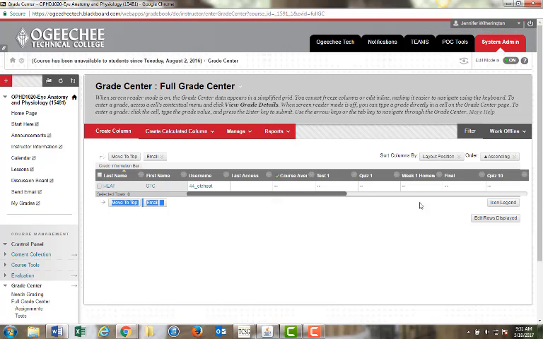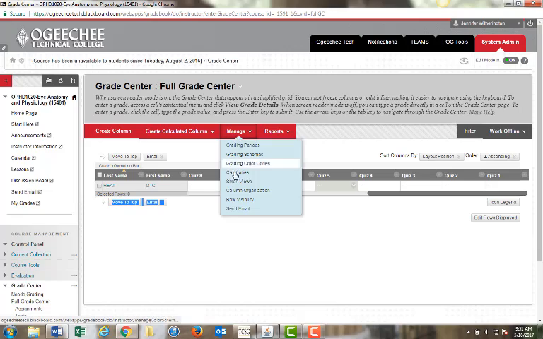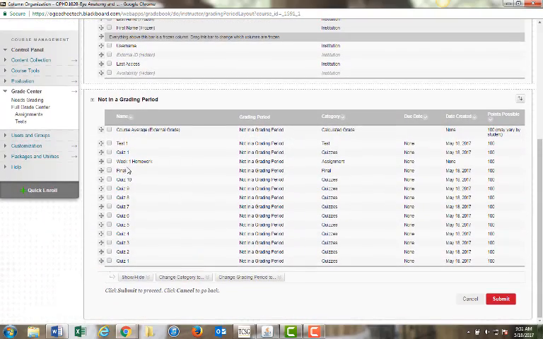And now I can see that I have all these quizzes, and I forget every time that for whatever reason, even though I put them in order 1 through 10, they go 10 through 1 in my gradebook, and that drives me crazy. So I am going to manage my column organization. And you can see I had a quiz 1 already. I just created another quiz 1. You obviously wouldn't want to do that because you would confuse your students,